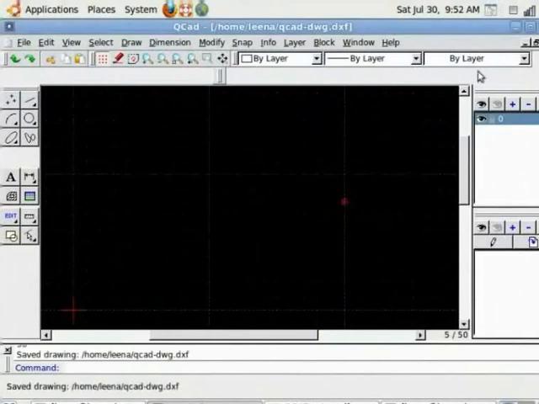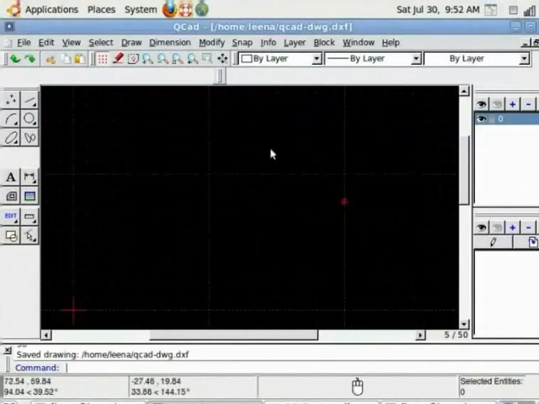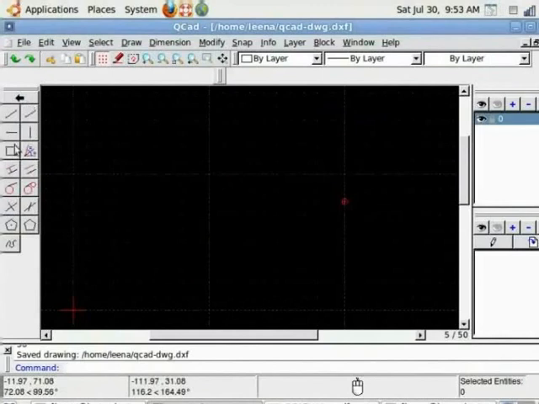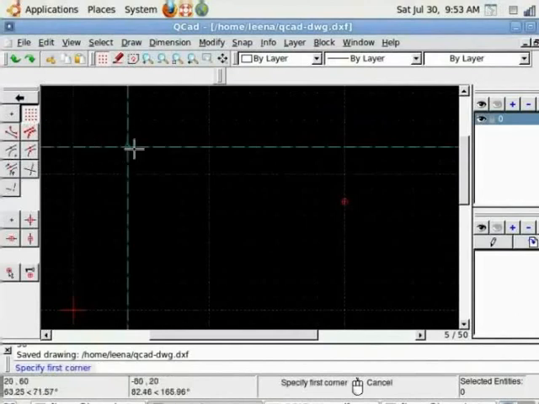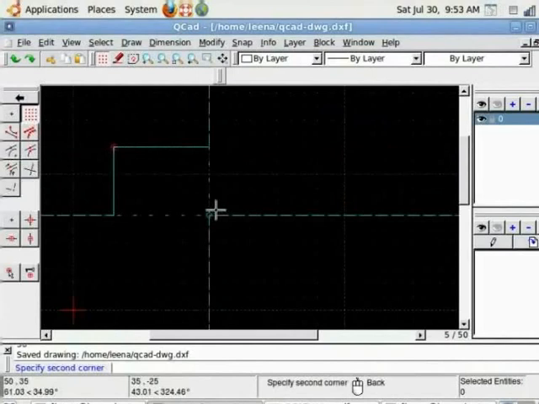Let us start with our drawing. We will draw a rectangle and then cut it in half by drawing a line in the middle and draw a circle exactly in the center. Let's start with rectangle. For this, from toolbar, go to line option, select rectangle. From the snapping options, choose snap to grid. Move your cursor over the drawing area and left click for the first corner of the rectangle and click away for the second corner.